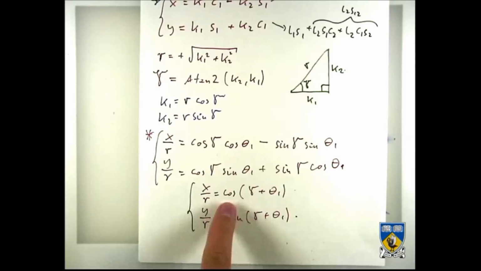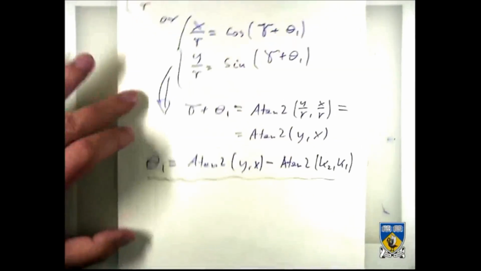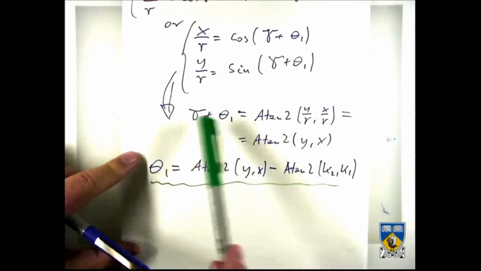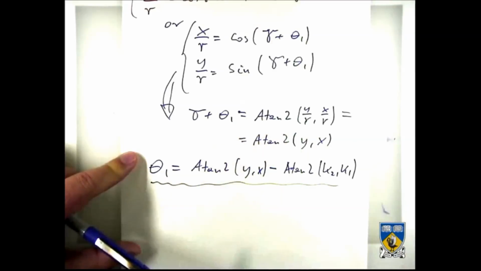So if you have a cosine and sine of the same angle, you can very quickly generate atan2 out of them, right? So we have cosine and sine, and therefore gamma plus theta 1 will be atan2